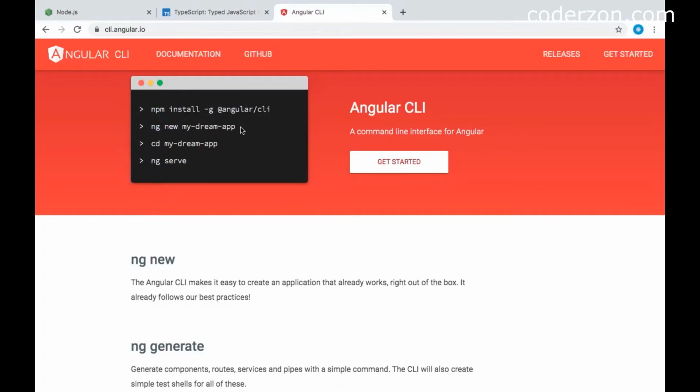Now we are going to create an Angular application. Angular command line interface provides this particular command to create an Angular project. An Angular project folder structure can be manually created, but that takes a lot of effort. So the command line interface provides an option to create the folder structure and required dependencies for Angular in a single command. So we can copy this particular command,